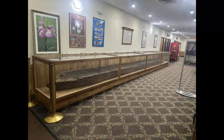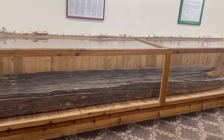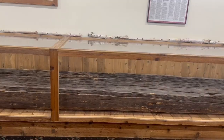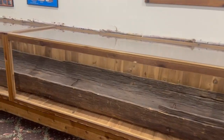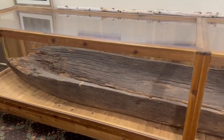And this picture and video right here is one of the canoes that was discovered in Thousand Island Lake in northern Wisconsin on the Michigan border. It is now on display at the Northern Waters Resort and Casino in Watersmeet, Michigan. This canoe is 32 foot 6 inches long, 31 inches wide at the center, and is 21 inches high. And the walls are 1.5 inches thick. It is made out of a single piece of